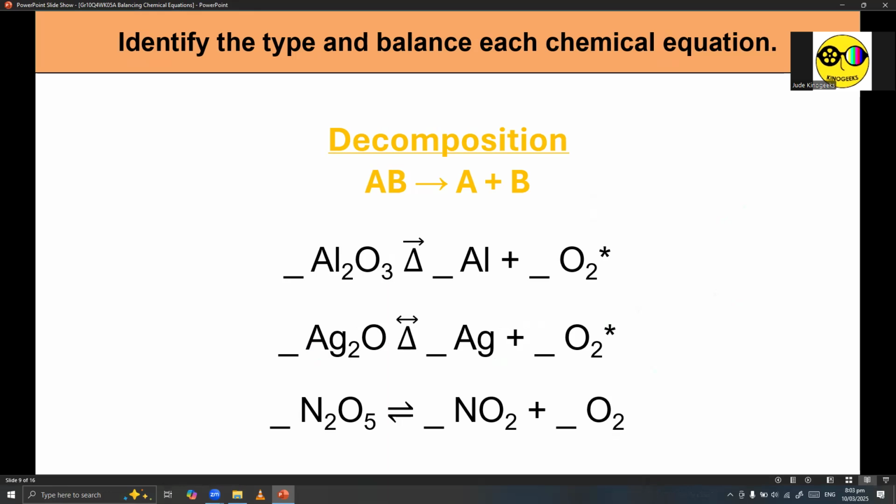And at this point, this is where the level of difficulty moves up na. So we're on the average level at this point. Okay. Let's start with Al2O3 decomposing to Al plus O2. Normally, our instinct is to balance Al first because it is found at the left side and it is also unbalanced. So you have 2 Al atoms at the left and then 1 Al atom at the right. So our instinct is to put 2 on Al.